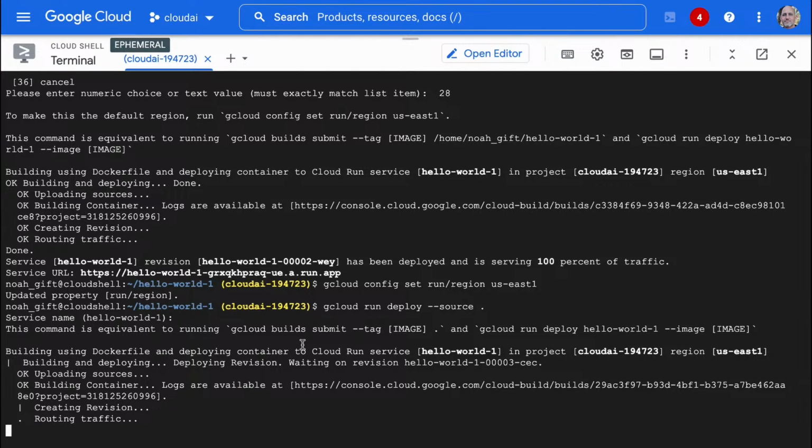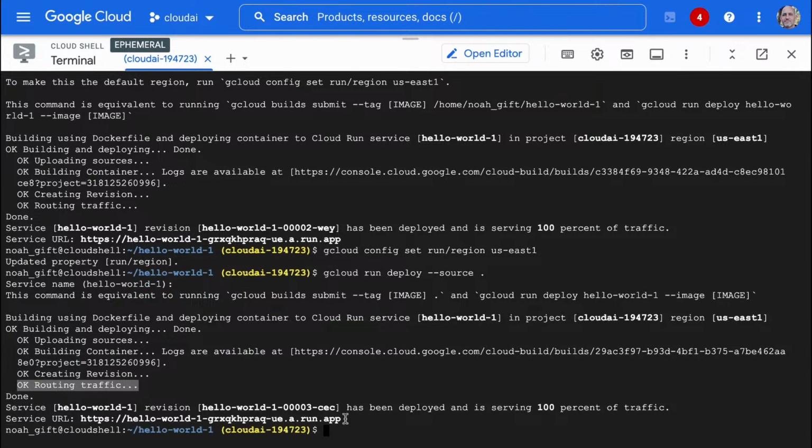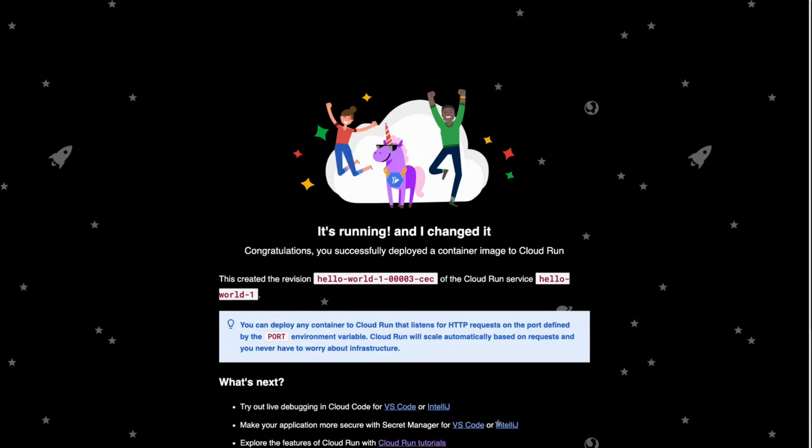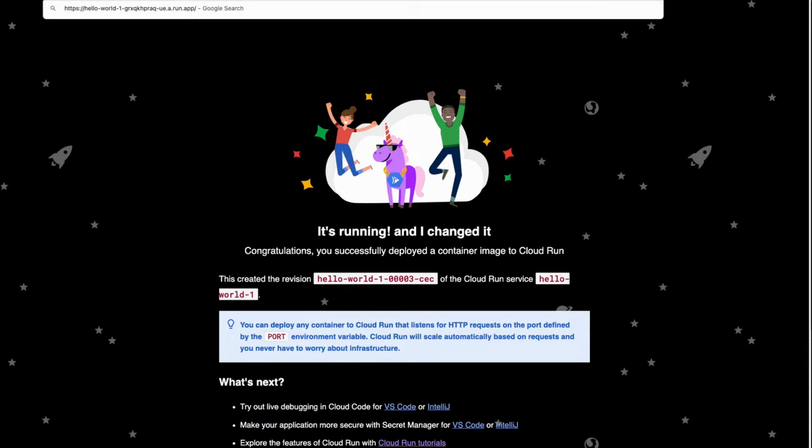Creating revision, deploying revision, routing traffic should be next because it just checked the health. All right. Does it work? It does work. And if I say add 2 and 2,